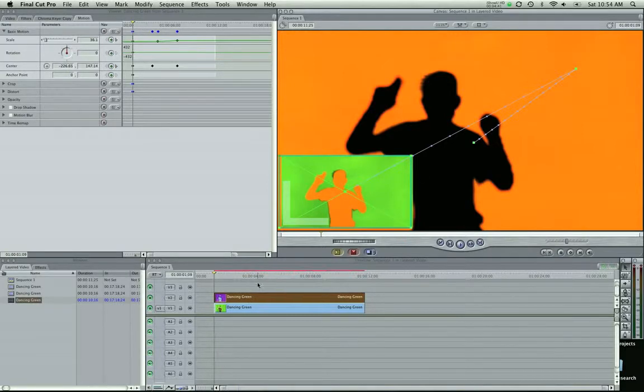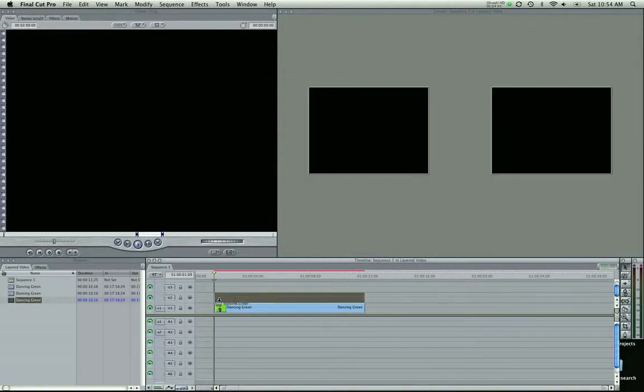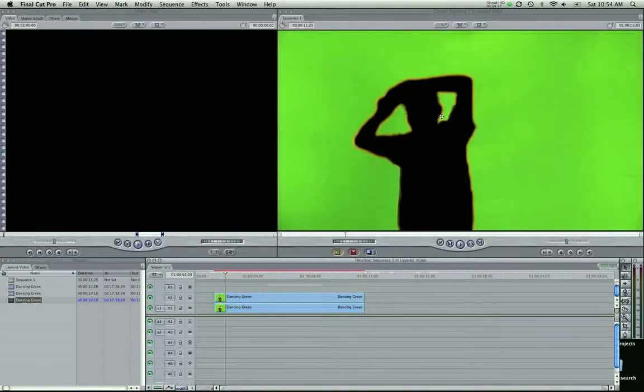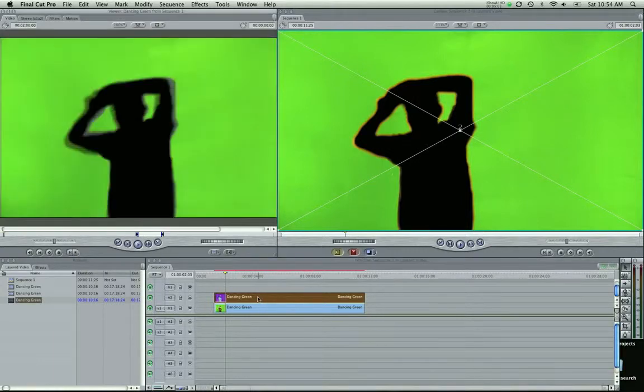Oh, one other thing I guess I could show you. I'm going to do this again without keyframes. Say we want to do the phone call effect, where you have two different screens here. This can also be done with layered video. It's almost like the clone effect that I showed you guys earlier. You can start with any clip. I'm going to start with the top here and come to your motion,